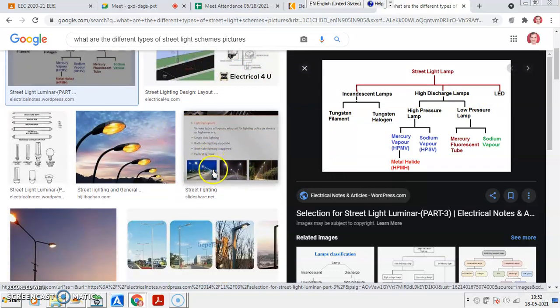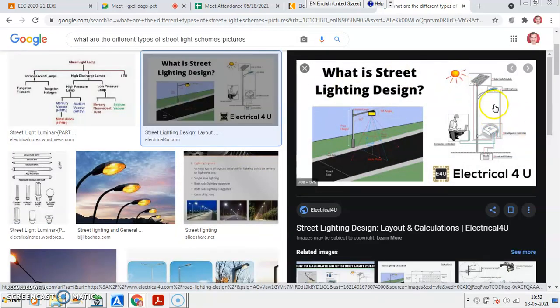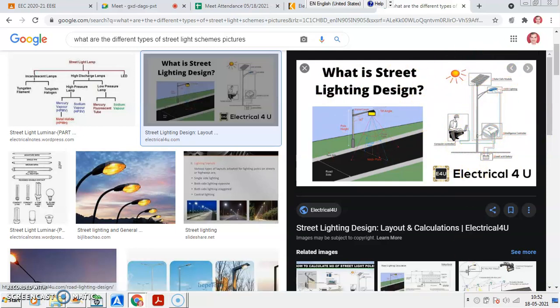We are having one more concept in street light. What is this concept? Solar street light. Solar street light is also our new concept. It comes along with the pole, photovoltaic cell, this charging assembly. You must know all this.